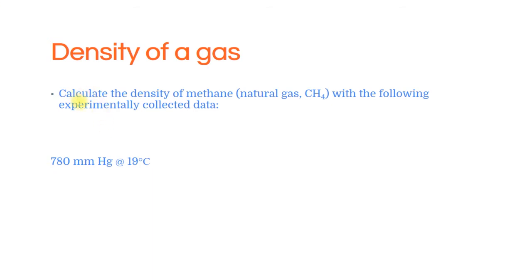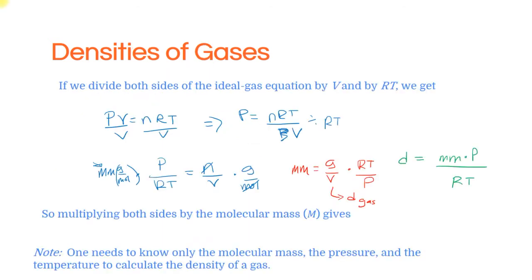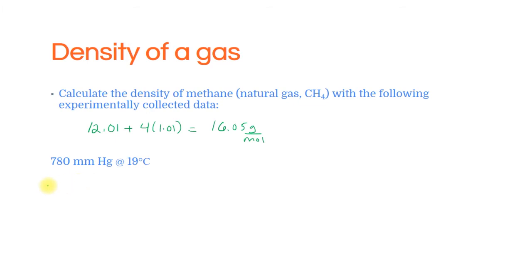So we can calculate the density of a gas such as methane. Methane has an atomic mass of 12.01 for the carbon, plus 1.01 times 4, so that's going to give us 16.05. That's grams per mole, right? So I can use this equation to find the density, the green one. Density equals molar mass